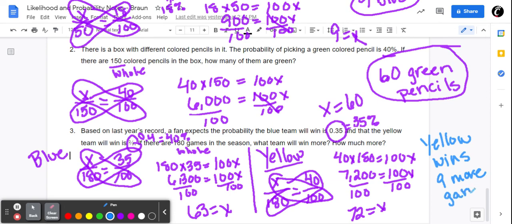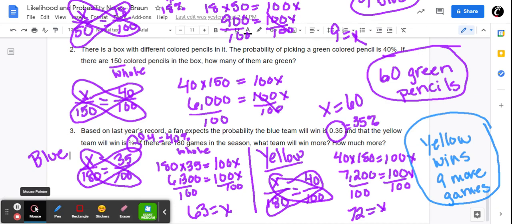All right, so hopefully this helps you understand probability. If you have any questions, don't hesitate to ask your teacher. We're going to go on and do some practice, but if there was anything that you were confused about, feel free to go back and rewatch parts of the video. Again, as always, you can pause it, go back, do what you need to do. Ask your teacher if you have any questions.